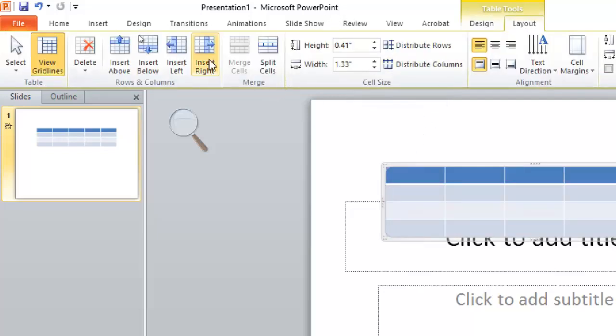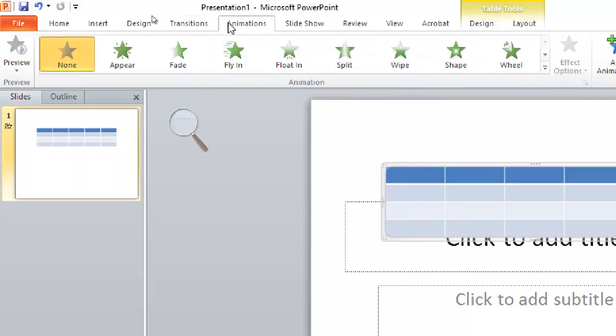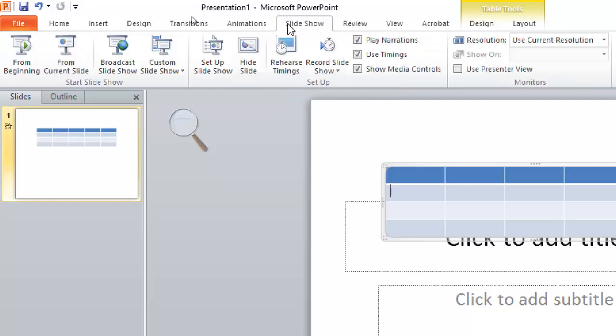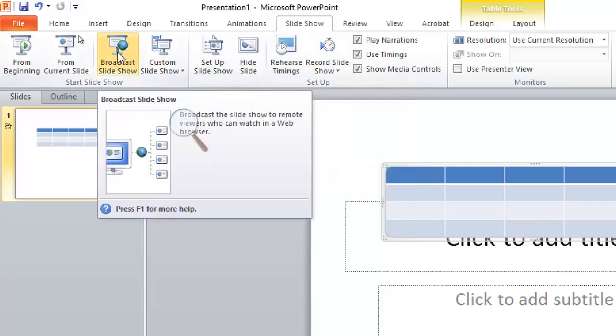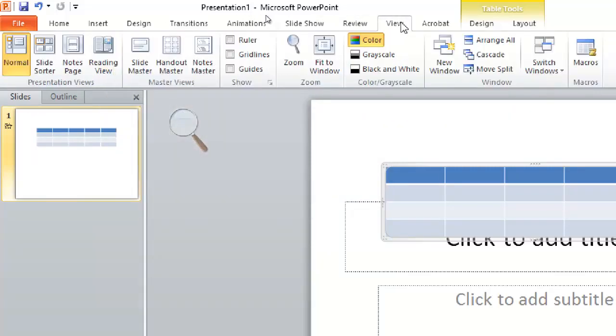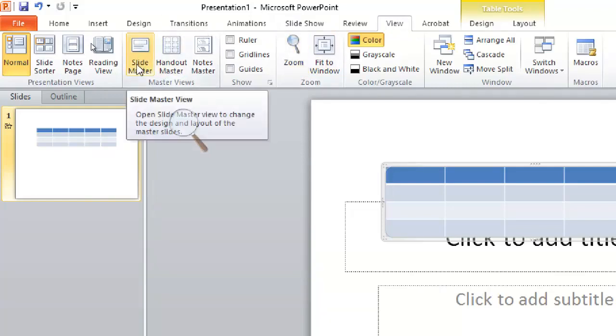All right, so Transitions, Animations, then Slide Show. Slide Show is added by ICAP in the examinable supplements, so you should know how you can apply rehearsed timings, how you can broadcast any slideshow. All right, then on the View tab, the most important topic is Slide Master. What is the purpose of Slide Master, how we create that Slide Master, what are the different layouts in Slide Master.